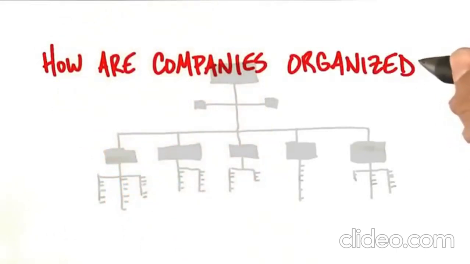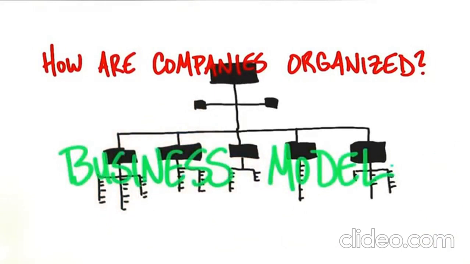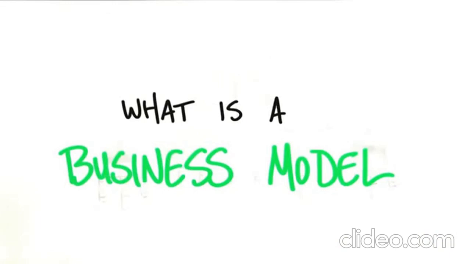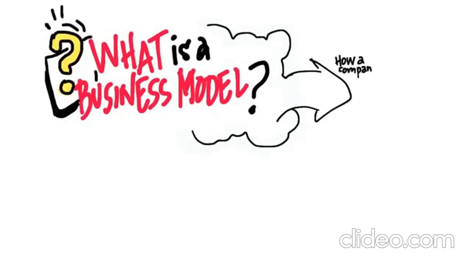Thank you. So one of the interesting things about thinking about a startup is how is your company going to be organized? And what we now know is the most efficient way to think about all the pieces, all the parts, is by a business model. And so the next question is, okay, Steve, you just told me to think about a business model, but what is a business model? What are all the pieces? Well, let's take a look. A business model is how a company creates value for itself while delivering products or services for its customers.